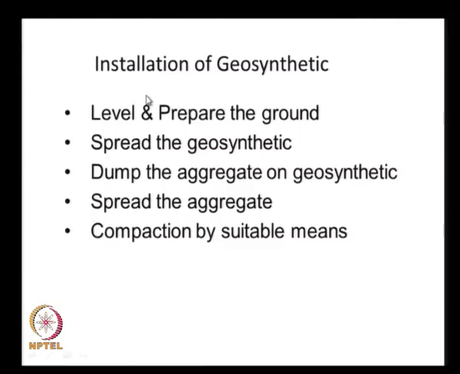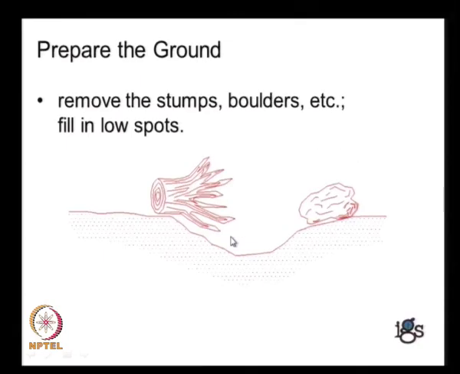So, how do we install the geosynthetic for our construction purposes? These are the steps. When we go to the site, we need to level and prepare the ground, and later we spread the geosynthetic, and we dump the aggregate, and then spread the aggregate, and then finally compact the aggregate by suitable means. These are the different steps. When we go to the site, we remove all the roots of the trees and stumps or large boulders, and if we have any low spots, we fill them